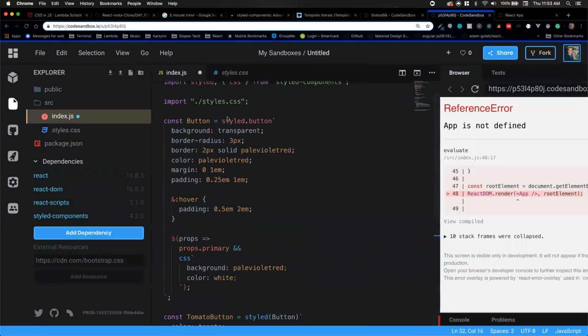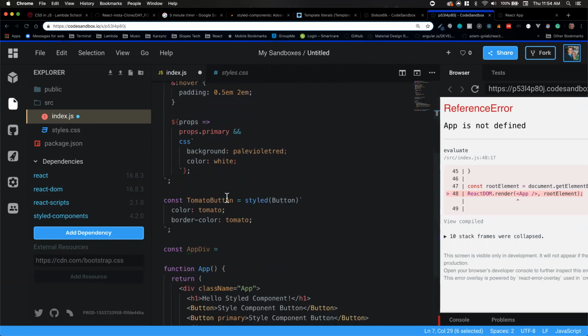And this styled object here that we've imported, you can take any HTML element